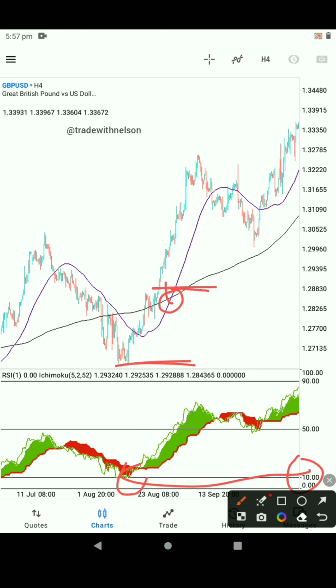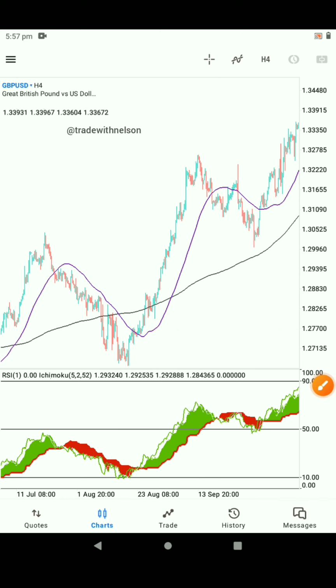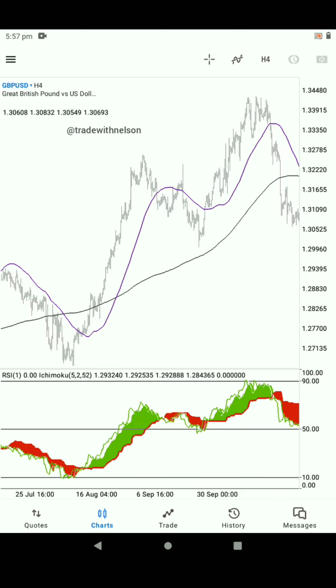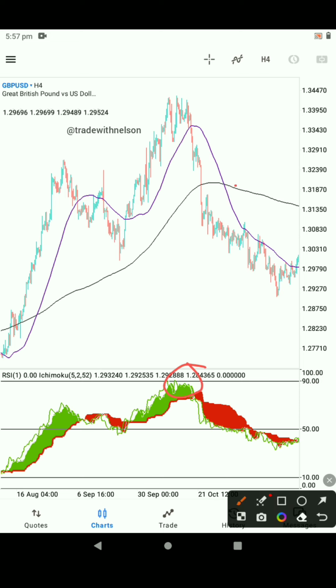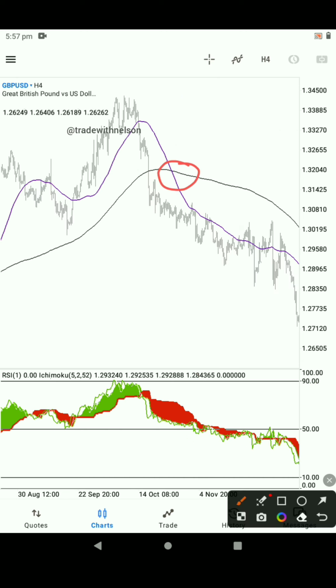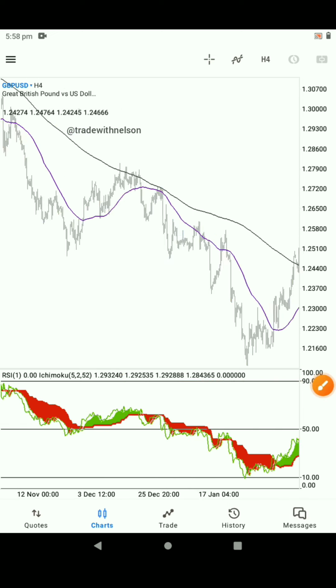Stop loss, you can place it here if you want, but most times you don't have to use stop loss, you just have to close your trade when you see the cross drop. Enter this level and you have a cross here, you close your trade. So here you can sell immediately because market has entered into the overbought region, which is the 90 level. You can have your sell at this point, stop loss above this high,